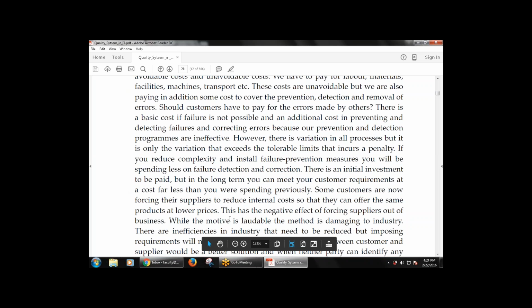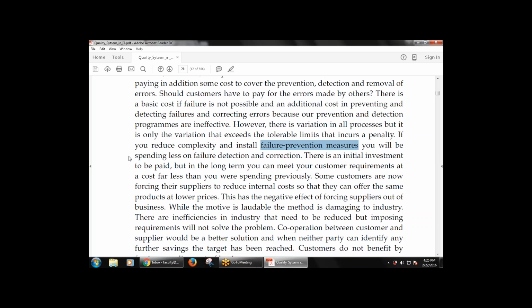So that is far less than you are spending in the previous concept. And some customers are now forcing their suppliers to give the prices at the lowest price. And this has a negative impact basically. So there is a variation in all the processes that is carried out between the various processes. The variation means a long-term effect and a short-term effect. So if you reduce the complexity and install the failure prevention measures, you will be spending less on failure detection